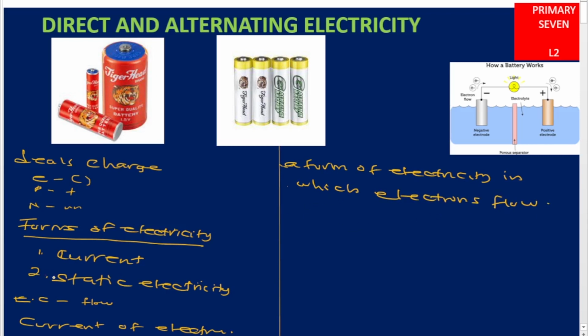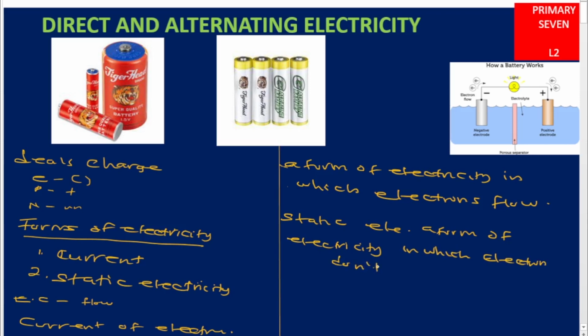Then the opposite of current electricity, that is static electricity. Therefore, static electricity is a form of electricity in which charges or the electrons do not flow. So we are going to look at them one by one, and we are going to start with